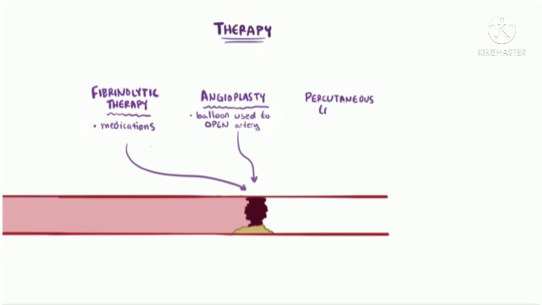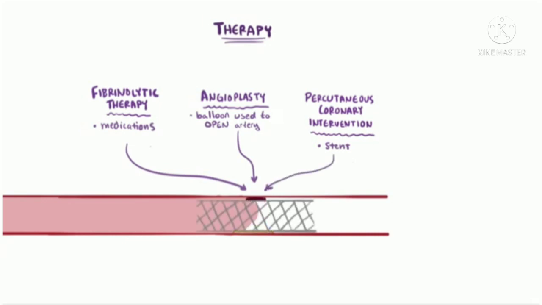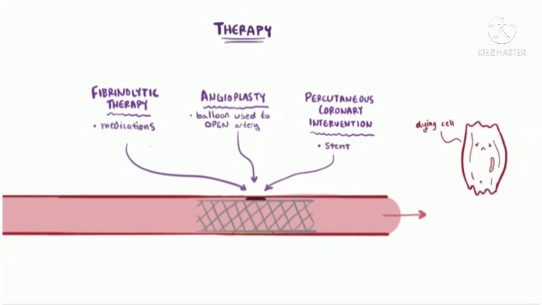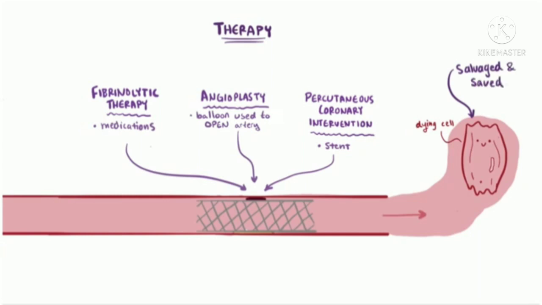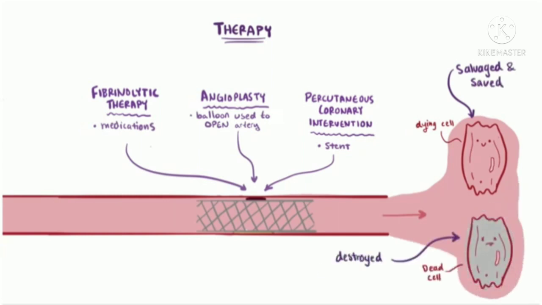And finally, percutaneous coronary intervention might also be performed, where a tiny catheter is used to place a stent in the coronary artery to physically open up the blood vessel. Each of these focuses on re-establishing blood flow to the dying heart cells, since time is tissue. If early enough following blockage, some of these cells that haven't entered into the irreversible stage can be salvaged and saved, while the others will be destroyed and removed. This can improve both short-term and long-term function, as well as prevent further damage and reduce the overall zone of